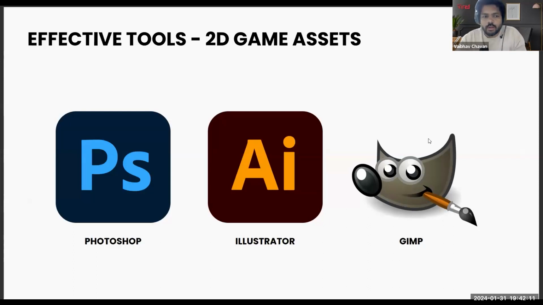So if you can afford a student license or anything, you should definitely get it. If not, there is GIMP always, which is free. You can download a free version of GIMP and start using it to create similar things that you can make in Photoshop. Although the interface of GIMP is a bit complicated compared to Photoshop,